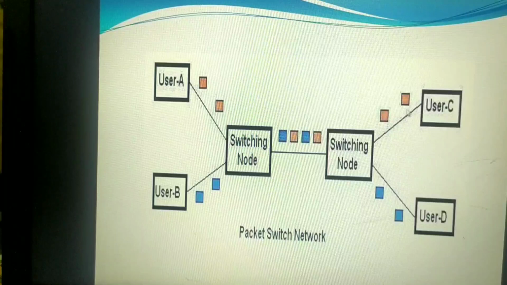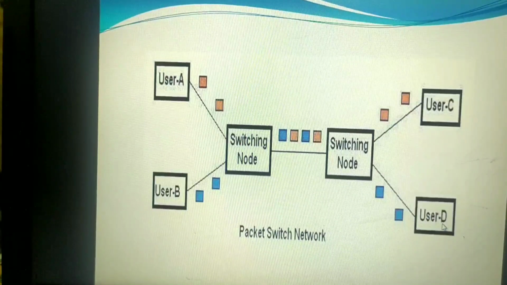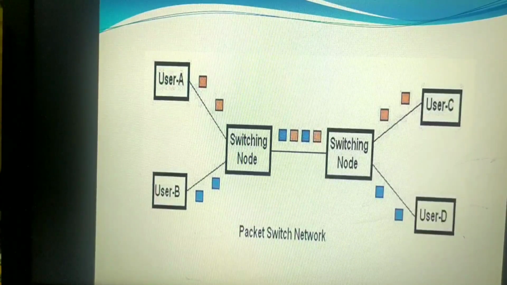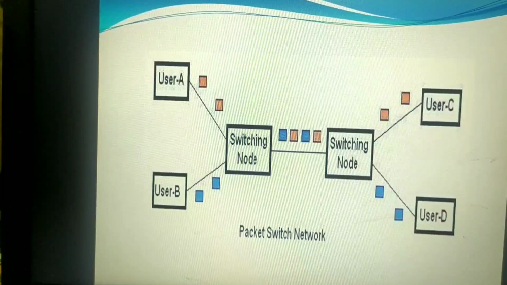Before handing over these 2 packets to user C, depending upon their sequencing number, they will get rearranged, and then the entire data of 400 KB will be given to user C. And depending upon the sequencing number, A and B will be merged properly to make 300 KB and the entire packet is handed to the destination correctly. So this is the packet switched network. Currently we are using the same thing in our current technology: internet calls, video calls and all work based upon packet switching.